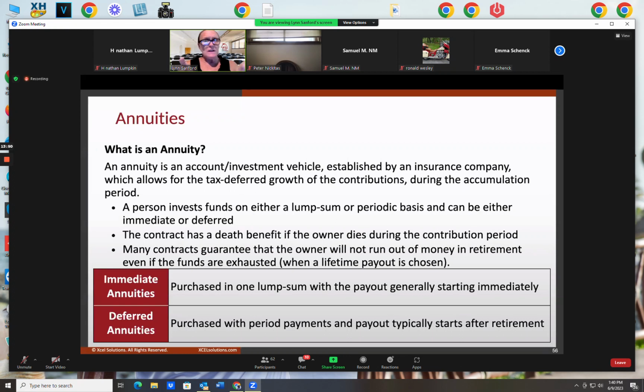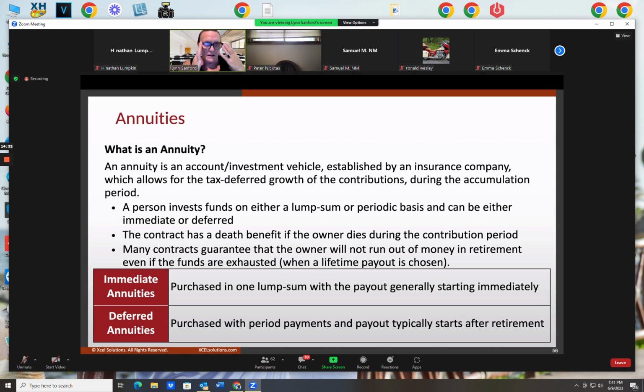And I will cease being in the accumulation phase then, and I will now be in the annuitization phase, which is the payout phase. I cannot switch from the accumulation phase to the annuity phase and back again. But the day I annuitize and start the annuitization payout from my annuity is the day I cease being in the accumulation phase, and now I will be in the annuitization phase, the payout phase, the rest of the life of the contract. I cannot switch from one to the other and back again. I stay in the accumulation phase as long as I need to be there. Once I start the payout phase, the annuitization phase, I remain in it the rest of the life